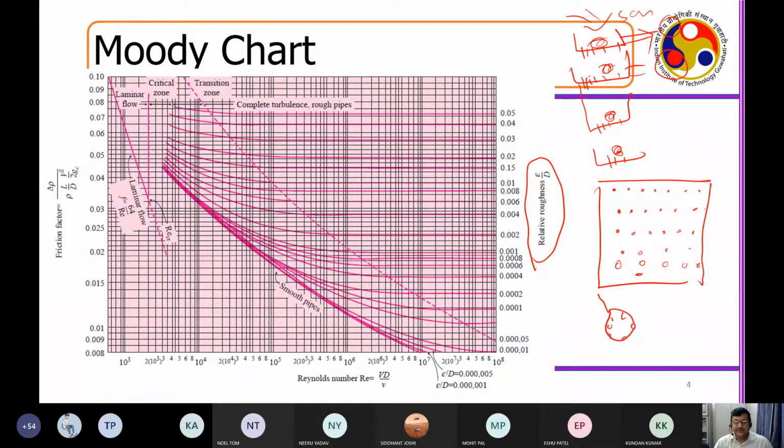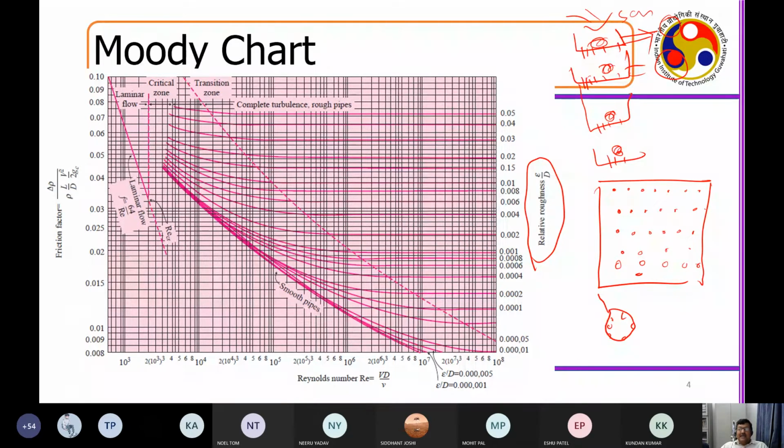Right? So if I ask you a very simple question, for a smooth pipe, where exactly do you find the highest friction, in a laminar flow or in a turbulent flow? Looking at this plot, what will be your conclusion? If you have a smooth pipe, for laminar low speed flow, you will always have a higher amount of frictional losses. That's the reason why you operate in the turbulent domain,